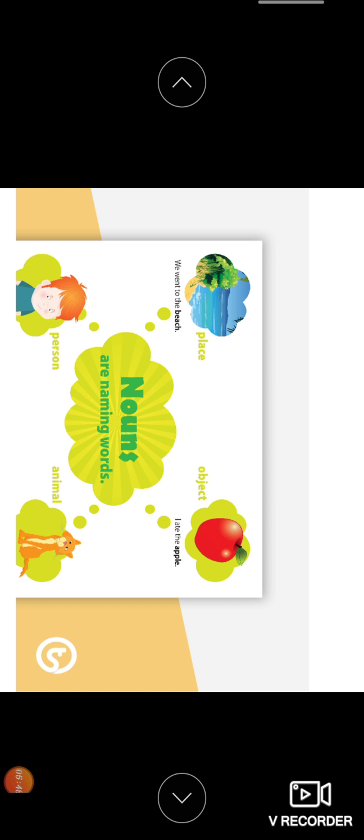So children, you can see that every item, every thing, or every person to whom you are referring has a name. They have the name of a fan, the name of a bed, the name of the mirror, the name of the table, right? So in this way they have names. That's the reason that nouns are called naming words, right? All the things, all the persons, all the places, all the objects, whichever you see, they have a name. These are all naming words, so they are called nouns.